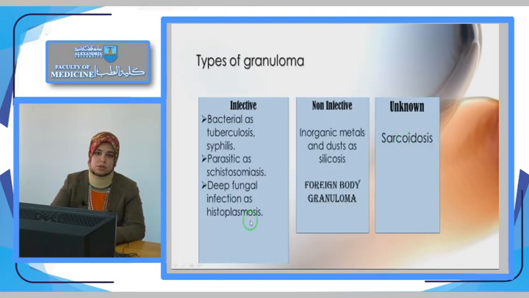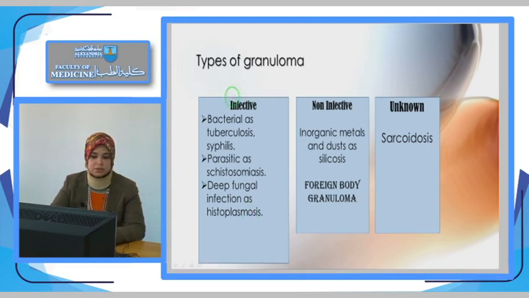What are the types of granuloma or what are the etiologies of granuloma؟ ايه اسباب الجرانيولوما؟ ممكن تكون infective causes او non-infective causes او even unknown causes. The infective causes bacteria. تمام. ممكن تبقى بكتيريا زي قلنا تي بي باسيلاي, syphilis. ممكن تبقى parasitic infestations زي الشيستوسومايسيس اللي هي البلهارزيزيس. دي fungal infection as histoplasmosis.